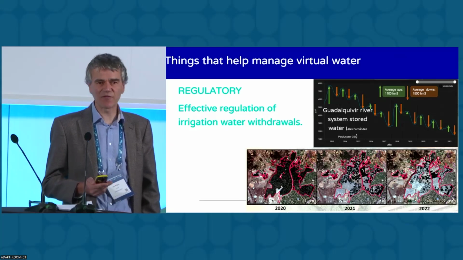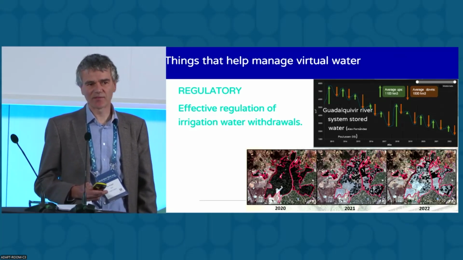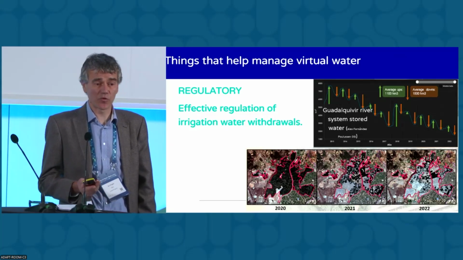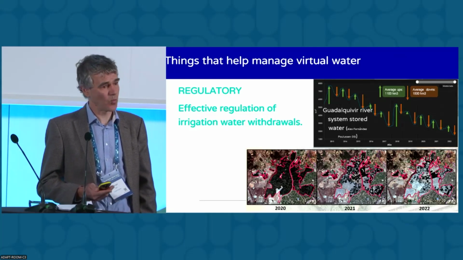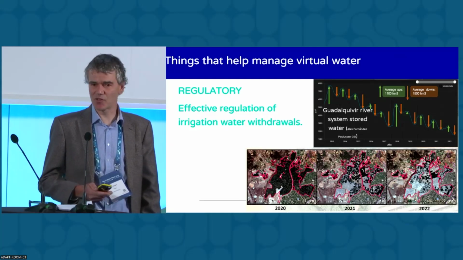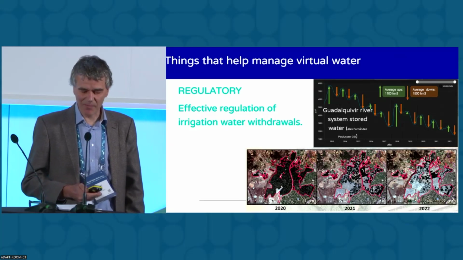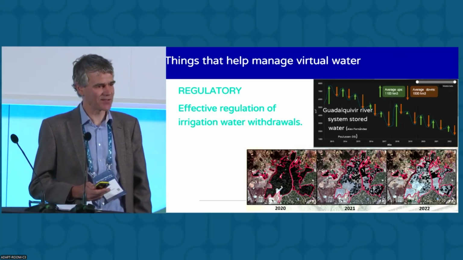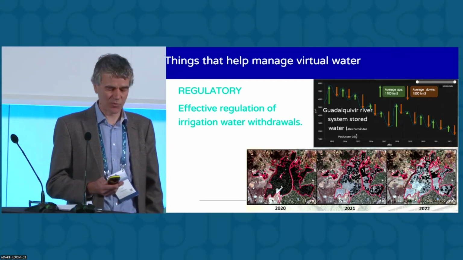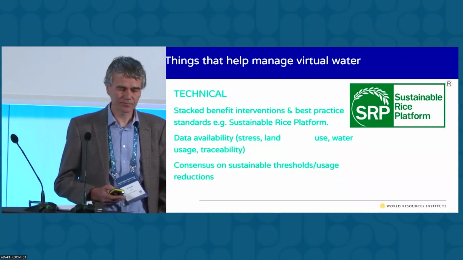So we can see the effect of regulation, and this is good for us as a rice buyer because we know that the issue of water is being managed and well managed, and we can see the evidence from the pictures to show. This is something that Tina mentioned, the importance of moving from voluntary to regulated and making sure the regulation works, which these satellite pictures sort of show.